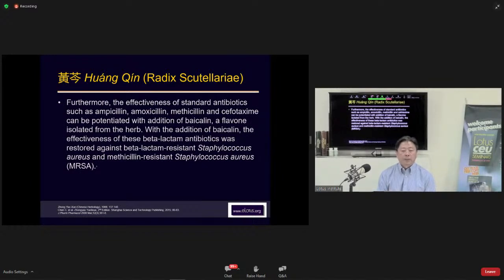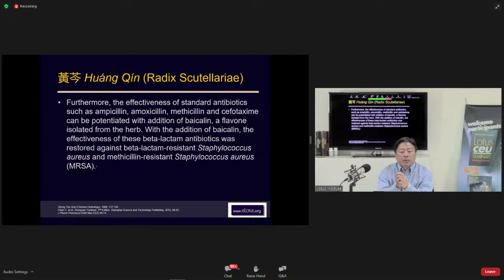Okay, and for the other compound, which is Baicalein, it has been shown to have synergistic effect when combined with ampicillin, amoxicillin, methicillin, cefotaxime. Okay, so these are some of the earlier commonly used antibiotics to some of the very strong and very potent antibiotics. And basically, when Baicalein is combined with these beta-lactam antibiotics, it's able to restore the effectiveness of the drug